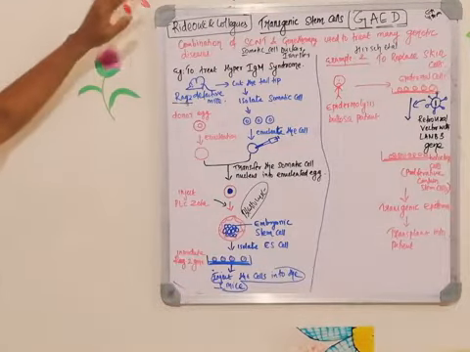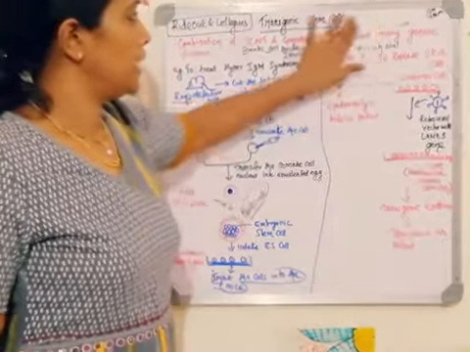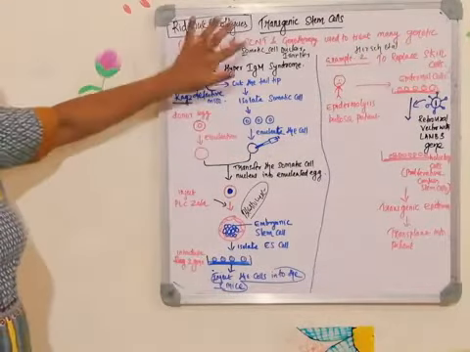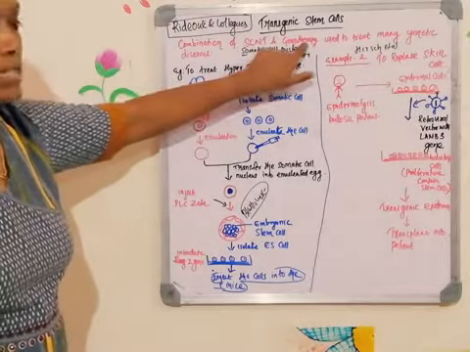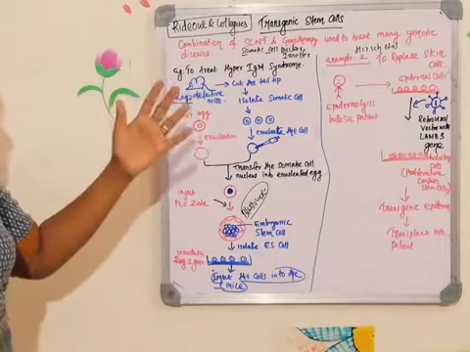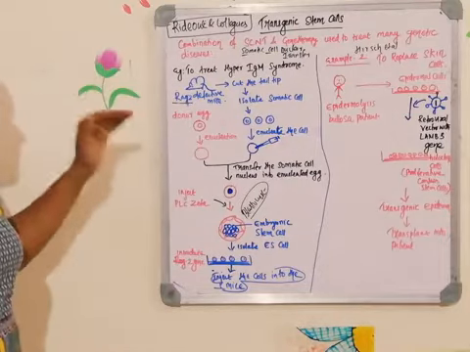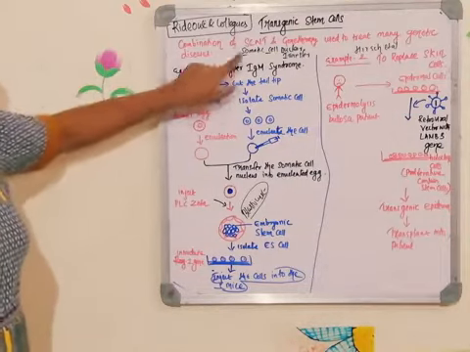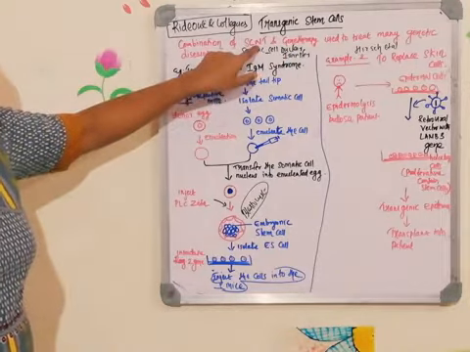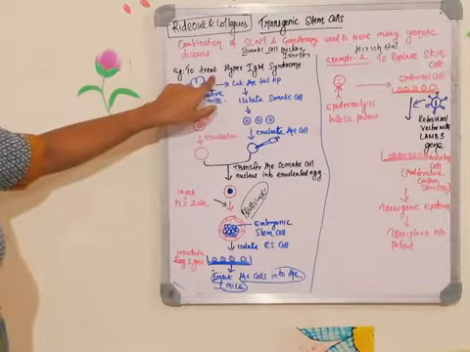So it's the transgenic stem cell, that is a combination of 2 techniques. What are the 2 techniques? One is known as the somatic cell nuclear transfer, another one is the gene therapy. Gene therapy means whenever some defective gene is there, because of the defective gene, if any problem happens, that can be treated by gene therapy. So before doing the gene therapy, we are doing another technique which is called the somatic cell nuclear transfer. This technique is used to treat hyper IgM syndrome.